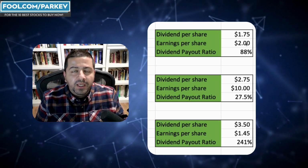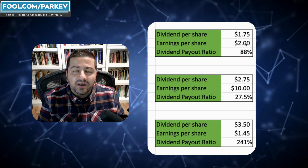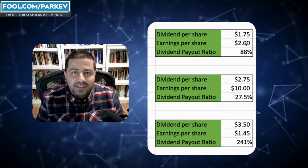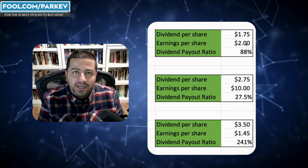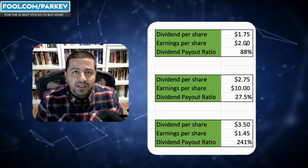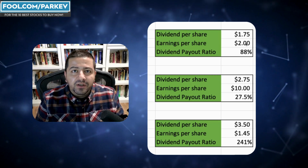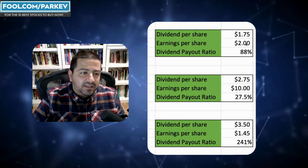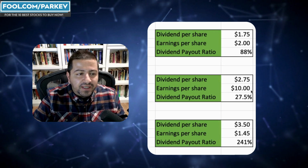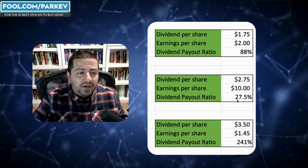Sure, in the short term, it can borrow money to pay the dividend, but eventually it will exhaust its borrowing capacity. Additionally, it can pay dividends out of its savings, but eventually it will run out of savings. That's why in the long term, if you want sustainable dividends, you want a dividend per share that's below earnings per share at a comfortable level, like the second example here, where you had a dividend per share of $2.75 and earnings per share of $10. That's a dividend payout ratio of